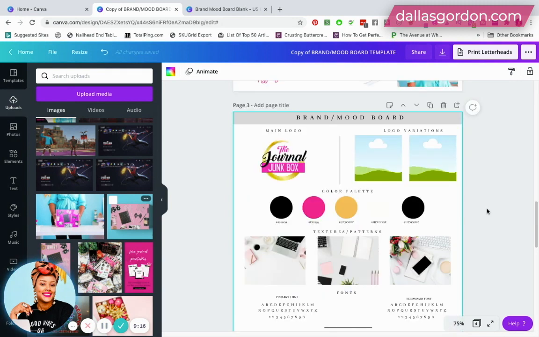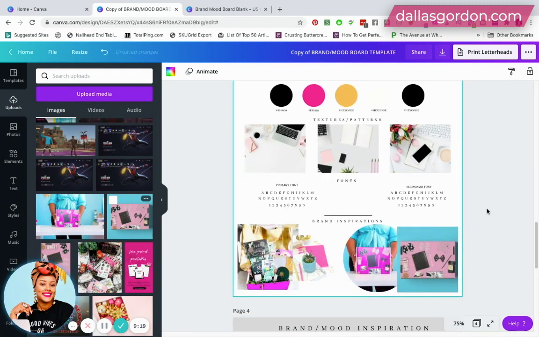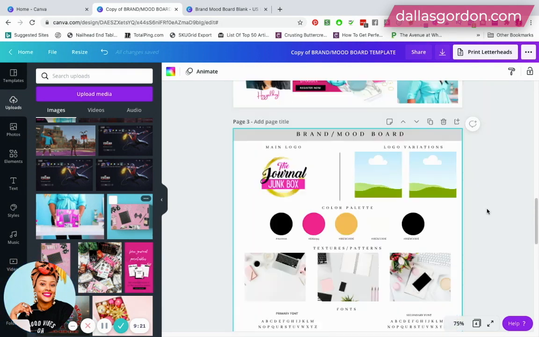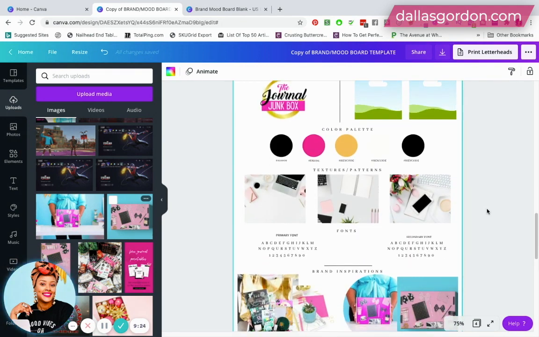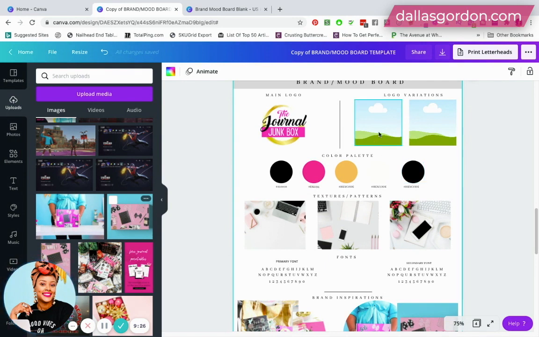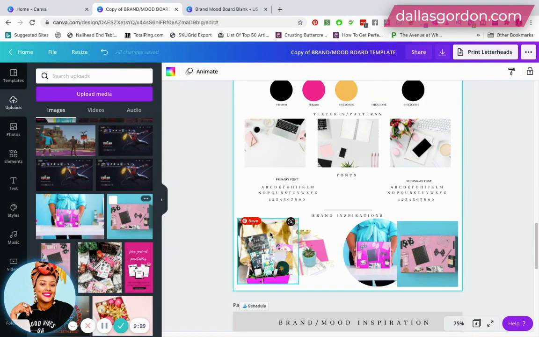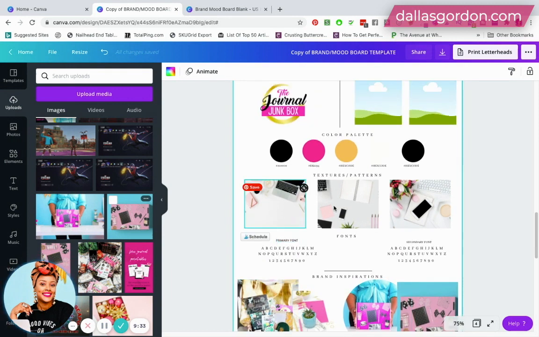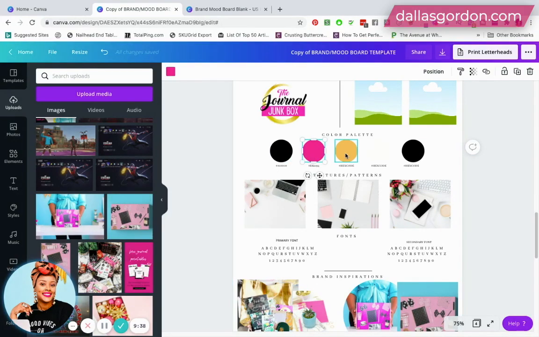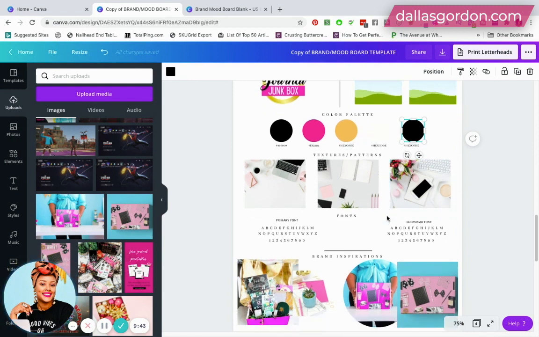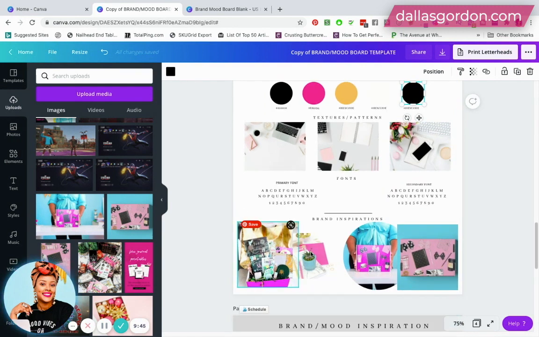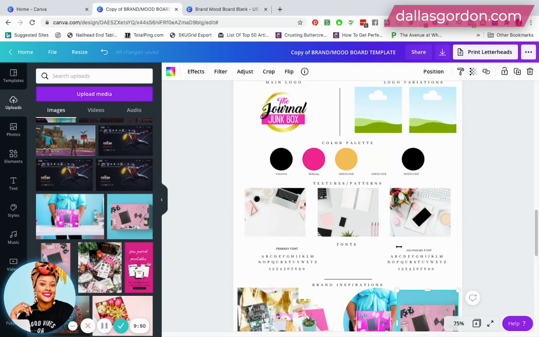Okay, so if you cannot purchase a template for some reason, you want to do it yourself, you can definitely do this. You're pretty much just going to add frame elements to your Canva document. So you can add frame elements, and that way you can drag and drop all the pictures in. You're just going to add circle elements here in this area, and then you'll be able to change the colors in this area. And then at the bottom, the same thing. This is pretty much just square and circle frame elements. You're just arranging them the way that you want to in